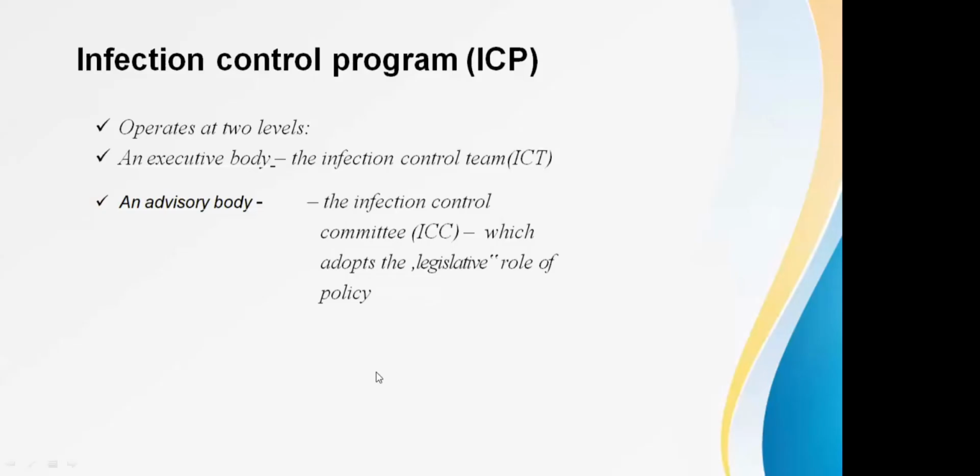Moving on to the infection control program, it develops at 2 areas, the executive body and the advisory body. The word itself says it: the executive body is the core people who work on a day-to-day basis, and they help in developing and knowing about the infection control practices and where breaches are happening in the hospital area. The major part is the advisory body. Again, the word itself explains it. The advisory body is the people who formulate a complete committee and adopt the legislative role for making the policies and the procedures.